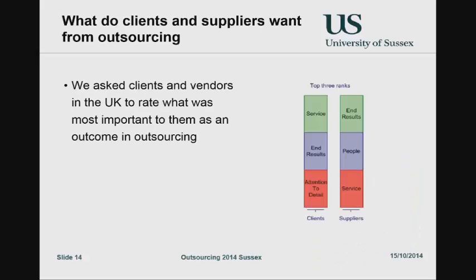What do you think? So we asked these clients and vendors in large-scale surveys. I wrote a report on it. Okay, surveys, the end results, yeah? So how the service is delivered, what are the end results, and attention to detail were, in their opinion, some of the things that they look for. The suppliers, we asked them at the same time, particularly with a pinch of salt, but they were looking more at end results. That makes sense, doesn't it?